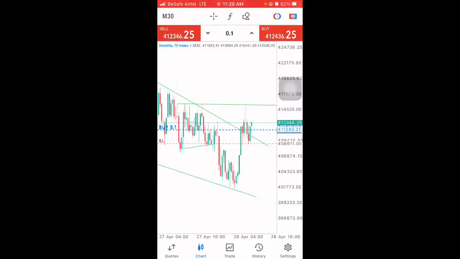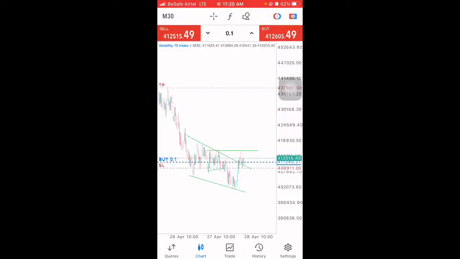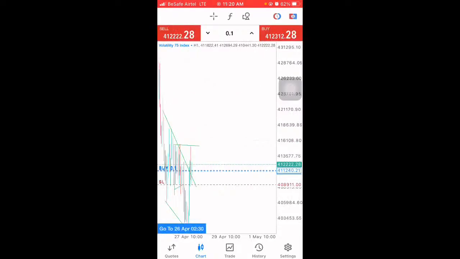Please check the time frame. Check your time frames before entering a trade. If you're spotting a rising wedge, you should at least confirm this on 3 other time frames. I've confirmed it on the 30 minutes time frame,